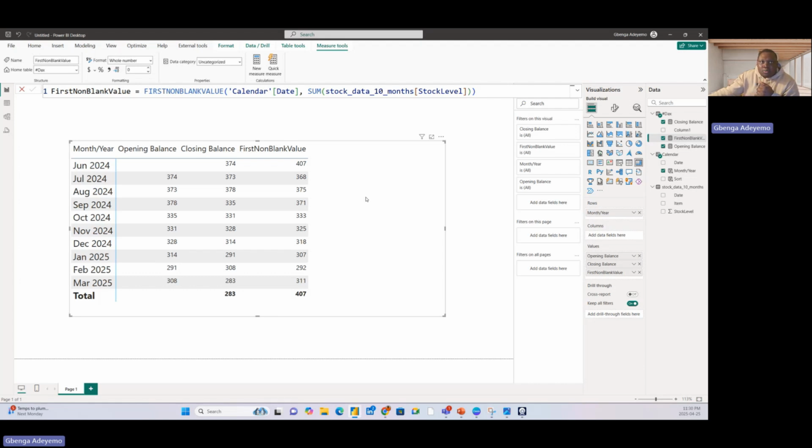Let's now say that there are some months that they don't have stock balances for the first of the month, right? So instead of us saying blank, that is, there's nothing in the first day of the month, what this first non-blank value will do is that it will go to your stock table in relation to your calendar table and look for the first date that has a value in it, and that will serve as your first non-blank